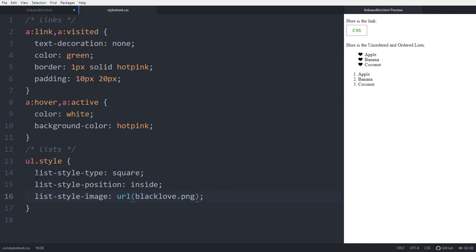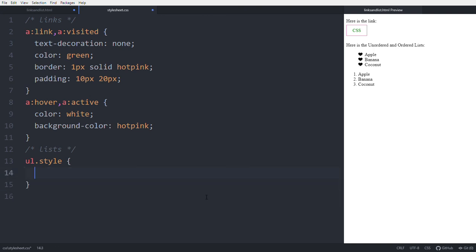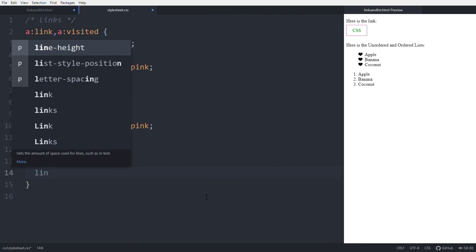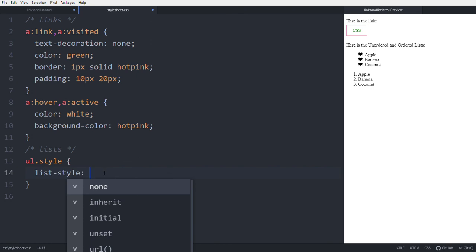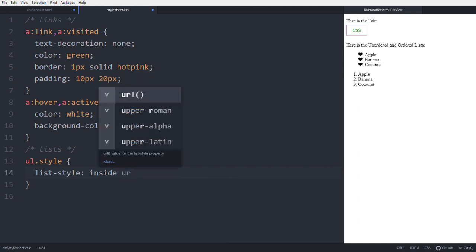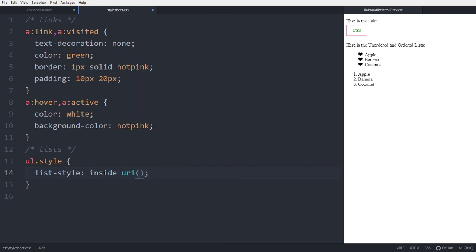Instead of using these three things, you can use a single one, that is shorthand, list style. Give inside and give URL, that is blacklove.png. See, there is no change happening.